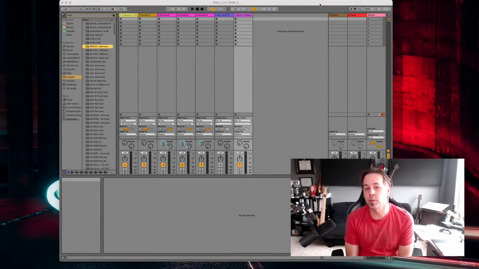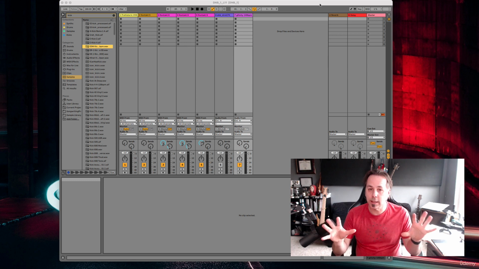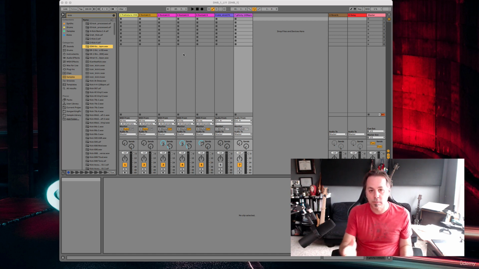Okay, next let's pop over to session view and start playing around with our editing controls there. Now, like I've said before, remember that arrangement view and session view are kind of two different content areas that share a mixer. Okay, so if I go over to session view in my same session,